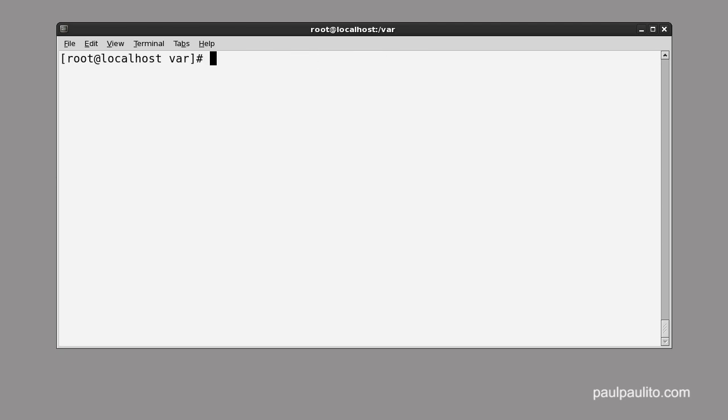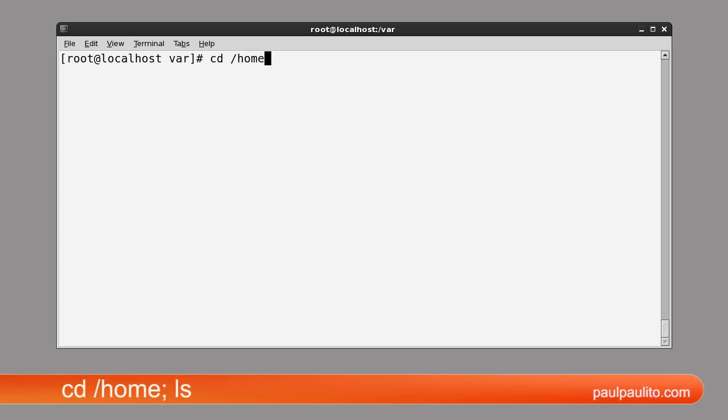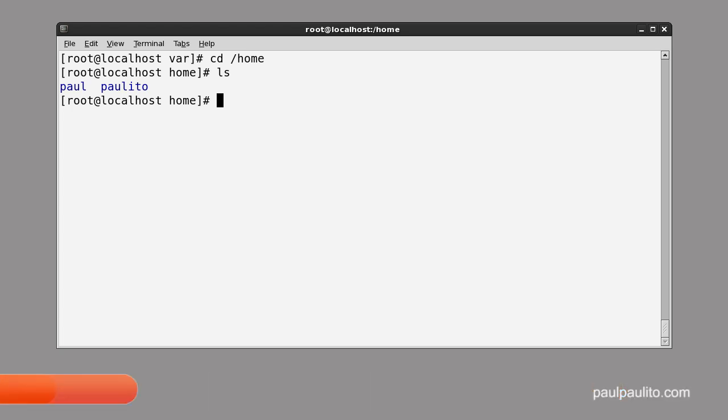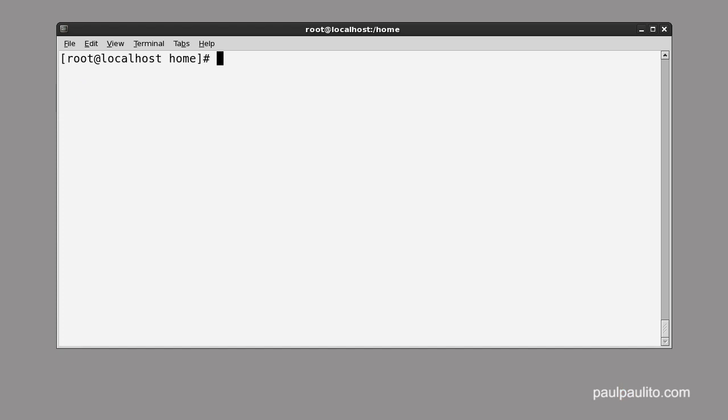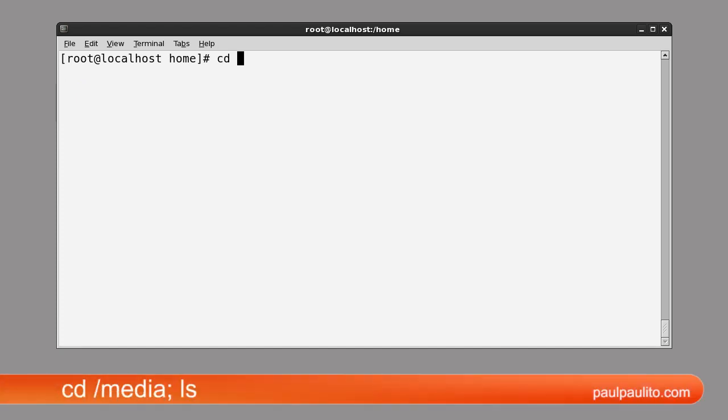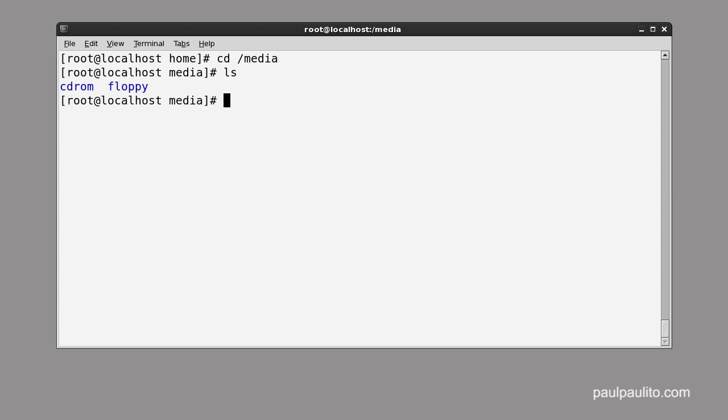/home, users' home directories, containing saved files, personal settings, and so forth. In general, each newly created user is automatically assigned a separate /home directory. /media, mount points for removable media, such as CD-ROM or floppy disks. The standard provides the following directories: /media floppy, /media CD-ROM,